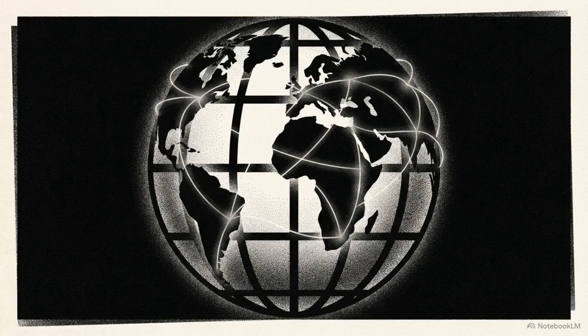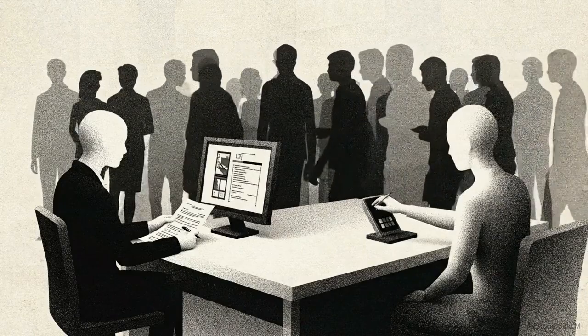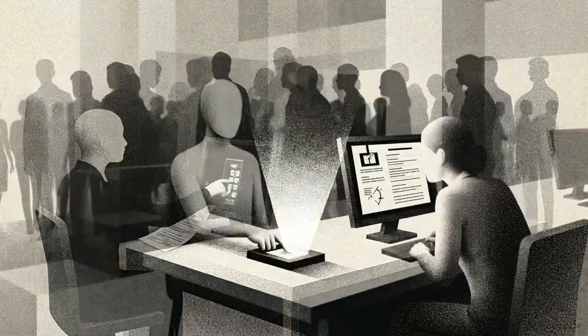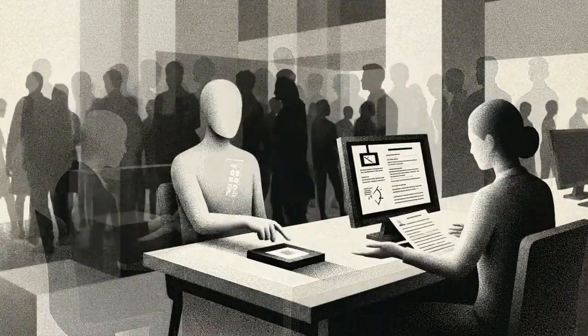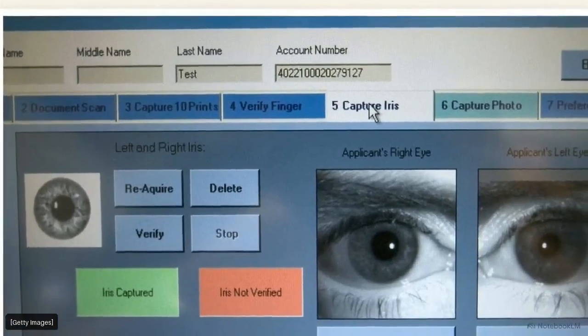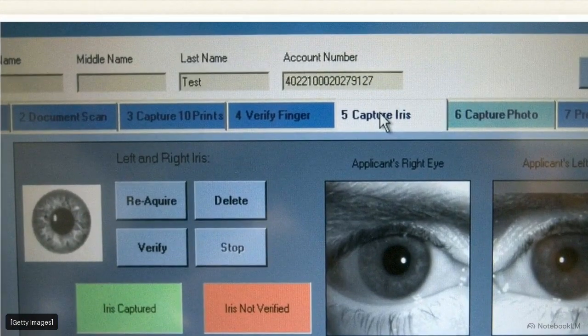Across the globe, governments are rolling out digital public infrastructure. To open a bank account, receive healthcare, or travel, citizens are increasingly legally required to enroll in national digital ID systems. This digital capture interface shows the level of detail being demanded: high-resolution biometrics of an applicant's left and right eye. Unlike a password, these are permanent physical markers that are now being stored in national databases.